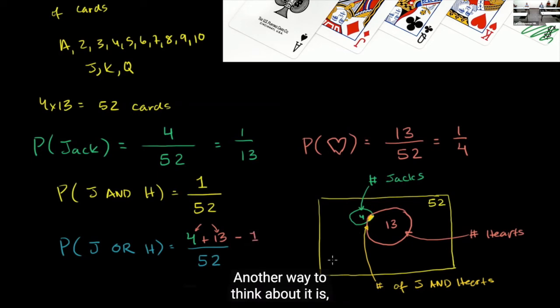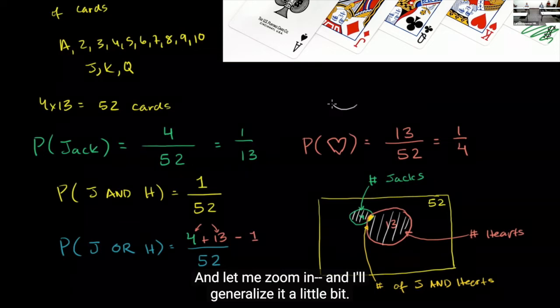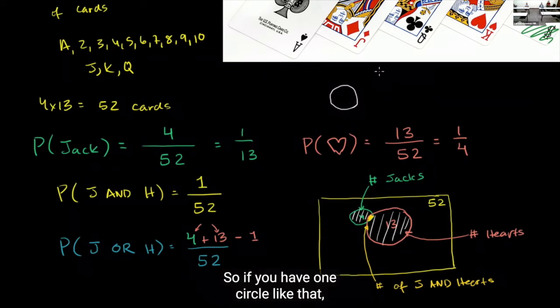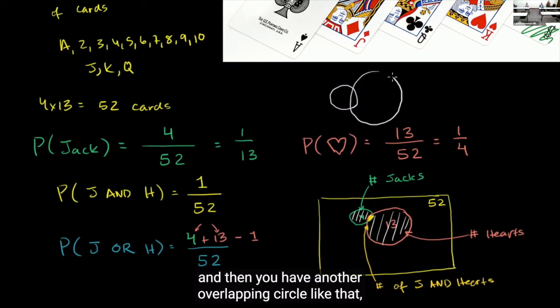Another way to think about it is you really want to figure out the total area here. You want to figure out this total area. Let me zoom in and I'll generalize. So if you have one circle like that, and then you have another overlapping circle like that, and you wanted